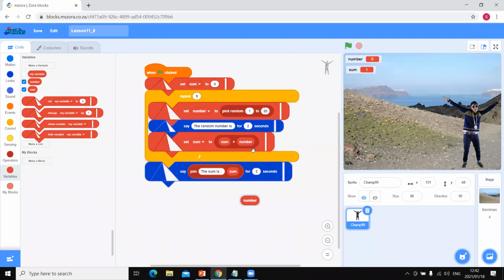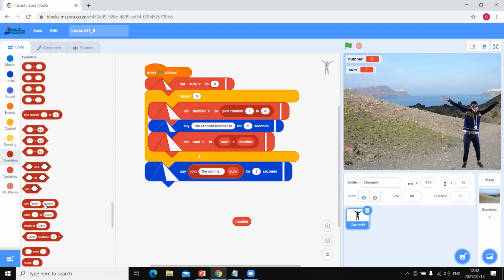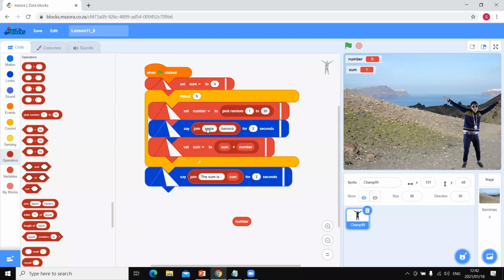That's my mistake here. See what I did? I put the number in the seconds. I'm supposed to use a join. Nice that I made that mistake, so you can not make the same mistake I did. You come in here and you say